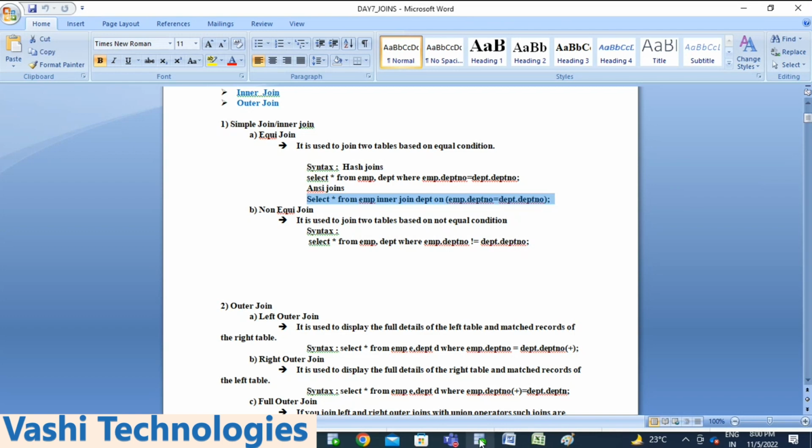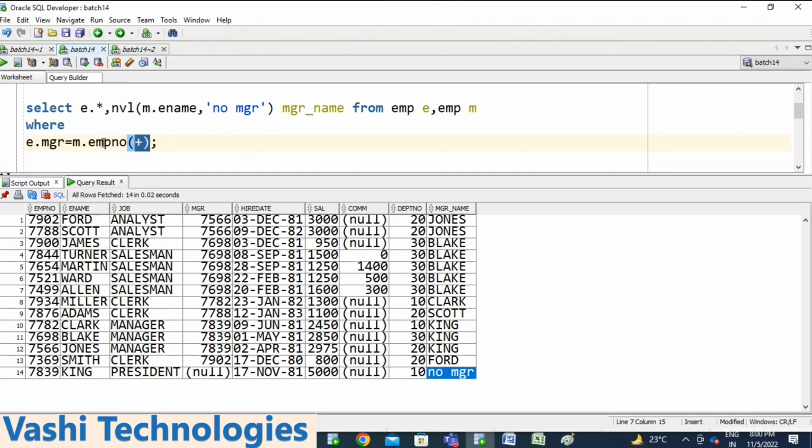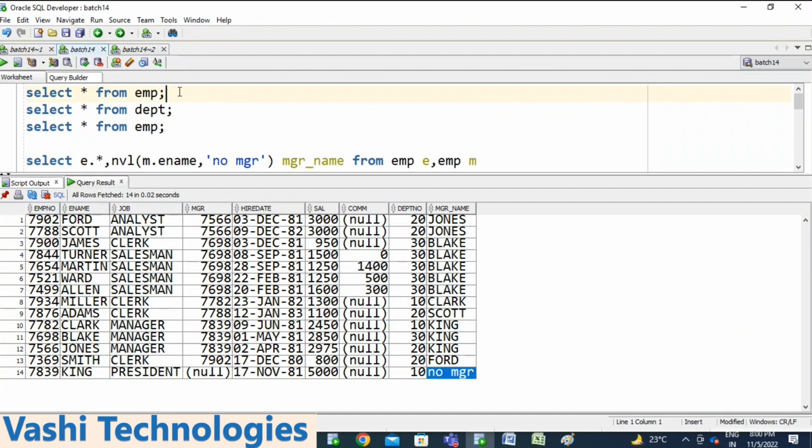If you maintain the same join, now we are trying to retrieve from EMP comma DEPT where EMP dot department number equals DEPT dot DEPT number.